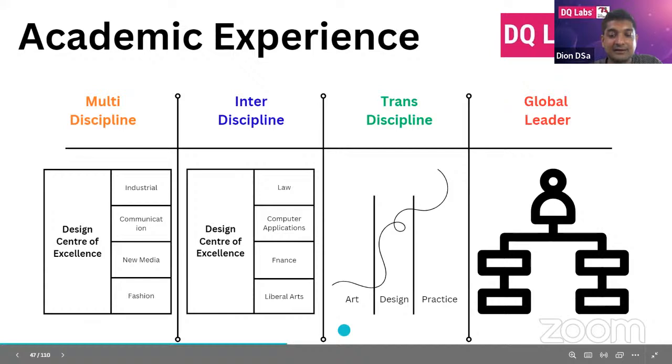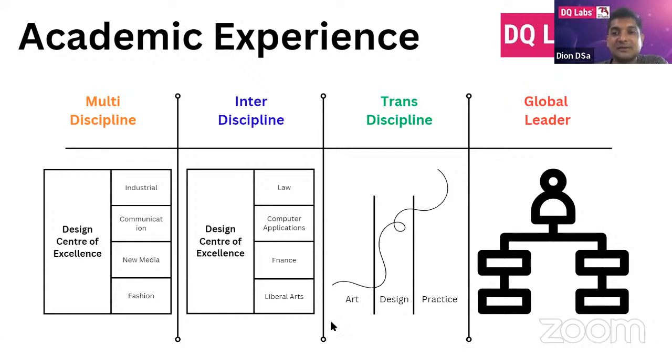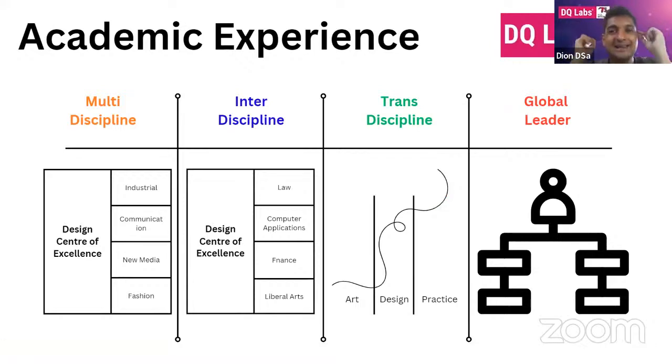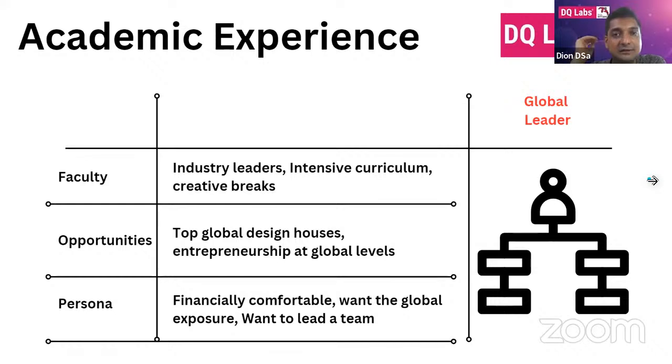Okay, now the fourth discipline we're going through is the global leadership. This is very straightforward. In the global leadership thought process, they're saying if you want to be a designer, you have to be the top-notch designer working for the top companies. You have to be working for Louis Vuitton and Dolce Gabbana, and you have to be making the top products, and you have to manage teams under you.